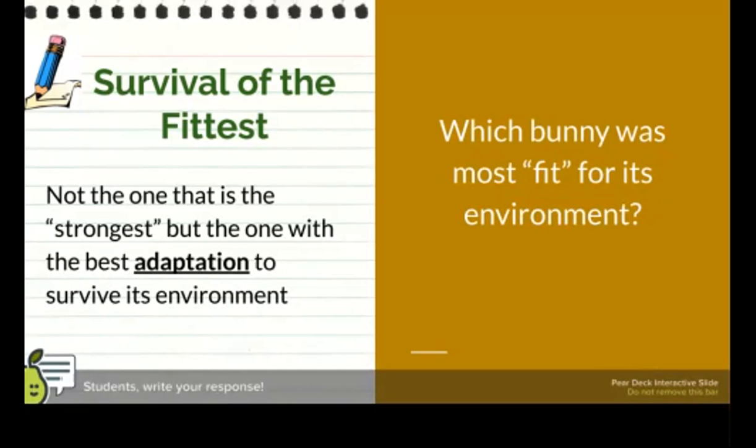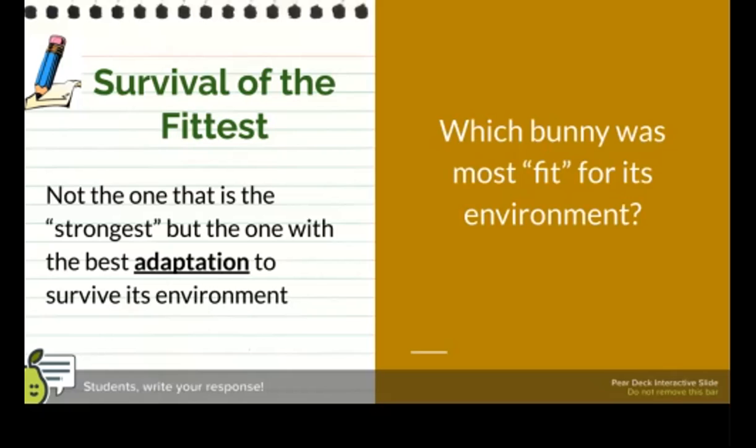Okay, thank you. So we saw that the white bunnies in the snow were better. They could hide a lot better. They survived in the snowy environment. Now just head nod, yes or no. Is that because the white bunnies were buff? Like I'm talking Mr. Lobo buff, like super buff. Is that why the white bunnies survived? They were more fit, they were buffer? Because they can bench press so many pounds?